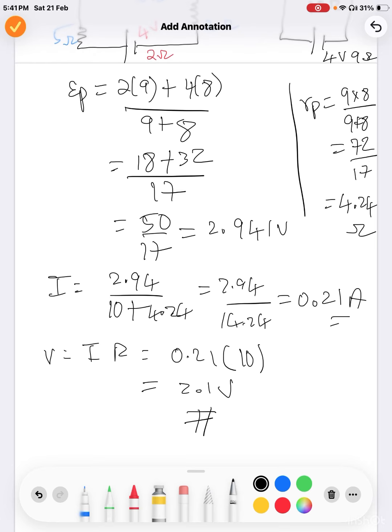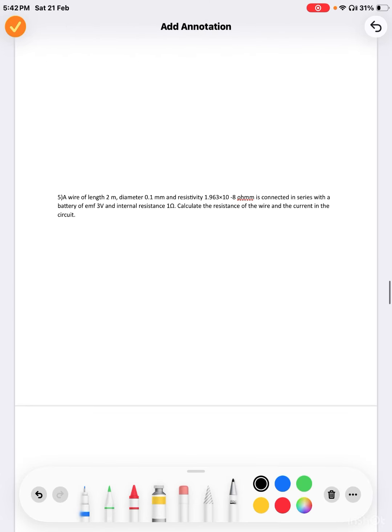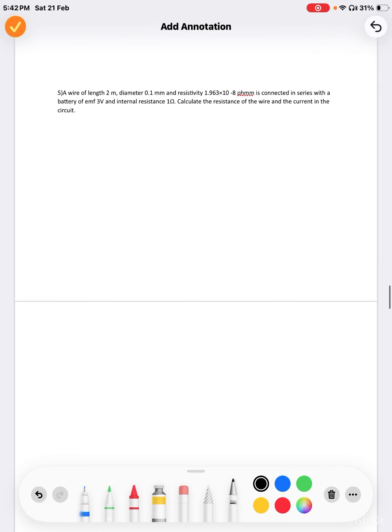2.1 volt is the potential difference across the 10 ohm resistor. I think you all have got the same answer. So we'll move to the next question. What's the next question? So now,